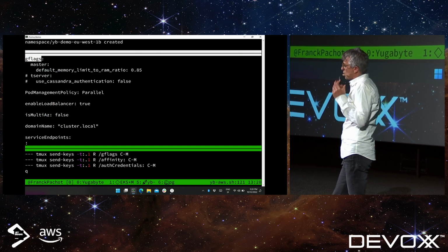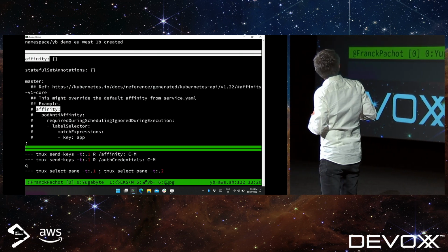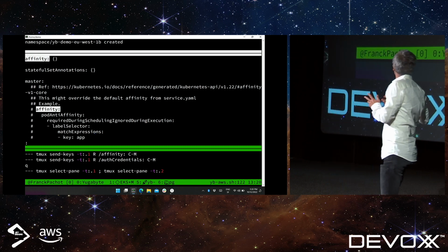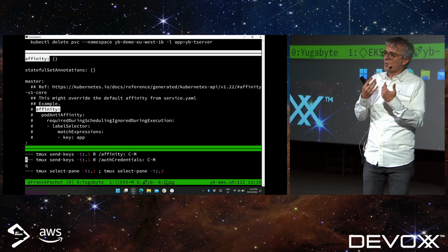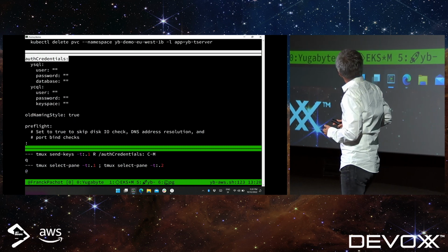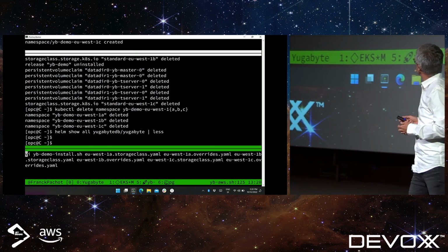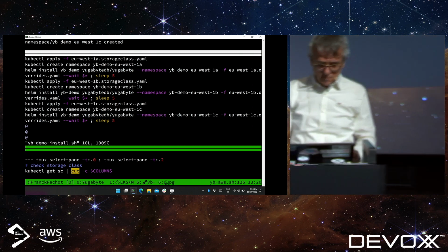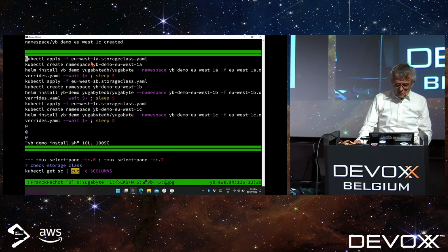G flags, those are the parameters passed when starting Yugabyte. Not really interested here for the moment. Just a word about the affinity rule. So here I don't use it because I deploy in different stateful sets. But of course, when you distribute, you don't want all pods at the same place, in the same node. And credential. I pass on that. And let's see the script that I'm running currently, so that it's running in the background. This is what I've run, where you see that